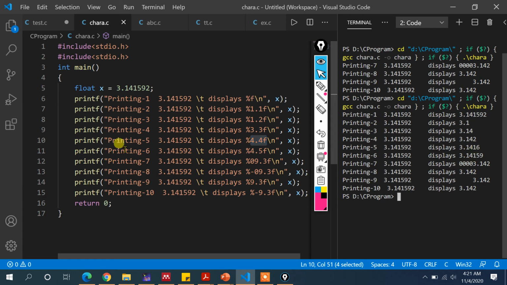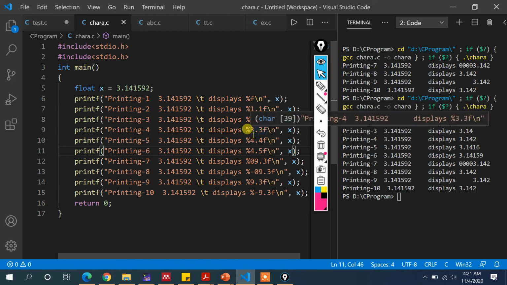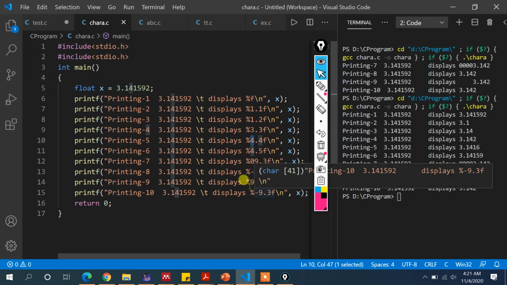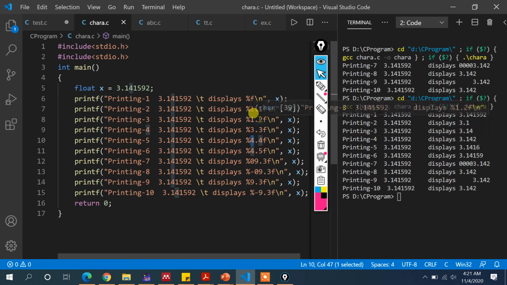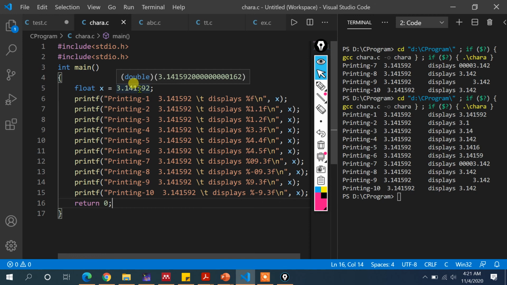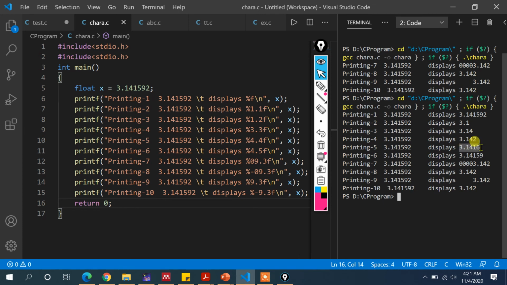In the case of 4.4f, I want to display 4 digits after the decimal point, and obviously the leading width is automatically ignored because the width is not specified properly. The compiler ignores that part and only concentrates on the 4, because it specifies the number of digits you want to display after the decimal point. So in the case of 4.4, it is displaying 1416. Why is it 6? Because the next digits are 92, so it is rounded off to 3.1416.